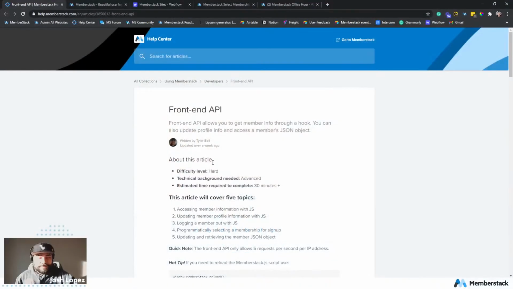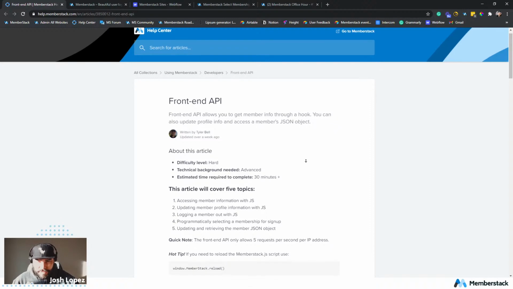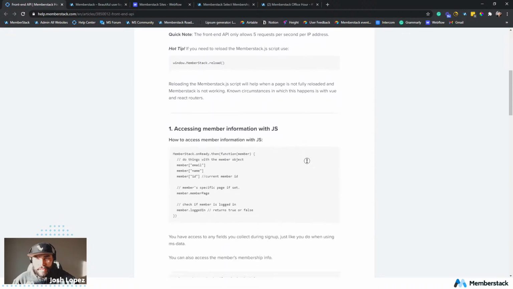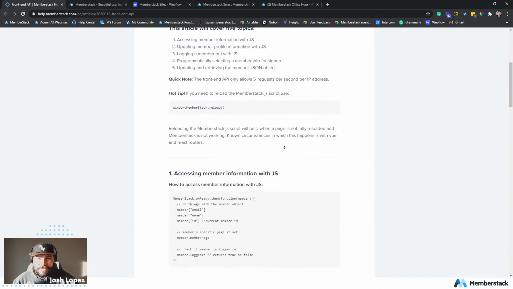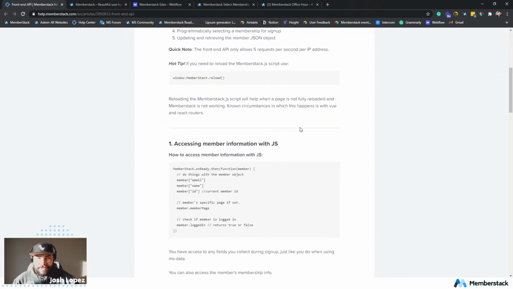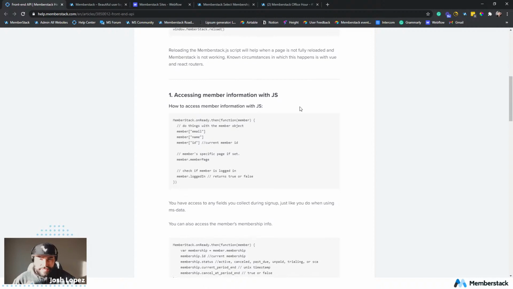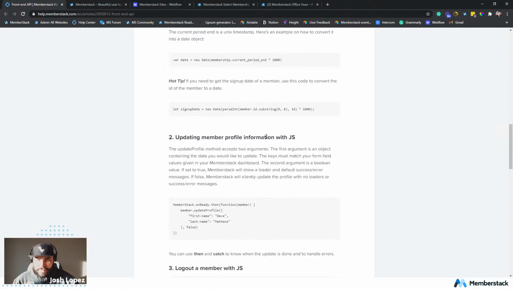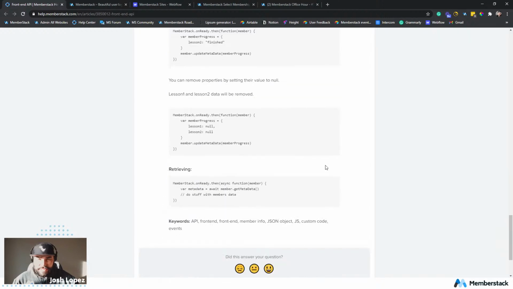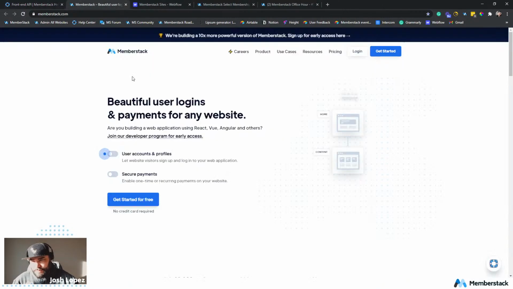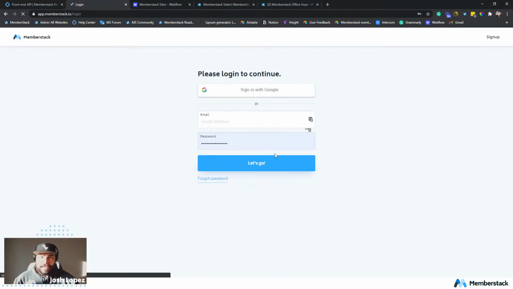Let's get to it. Okay, so we have the front-end API with this wonderful, helpful article written by Tyler, one of the co-founders. Amazing individual. We're going to be accessing member information, updating the member profile, a bunch of these things. So first, we need to log in and create a